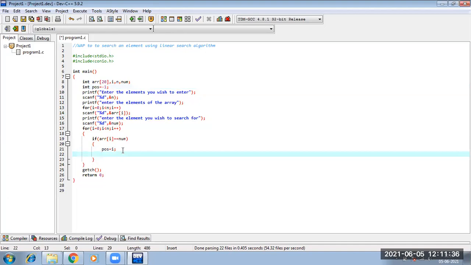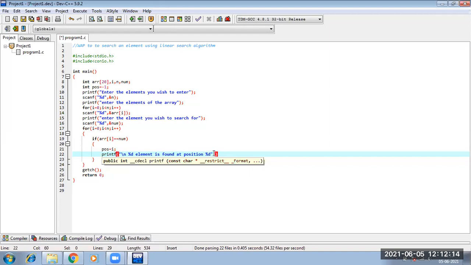Now, if at all that element is found, I will just write that this element is found at some position.